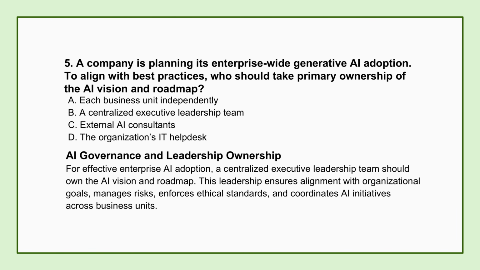The material also flags some bigger organizational challenges for Gen AI leaders, like who actually owns this stuff enterprise-wide. Yeah, that's a huge governance question. The source apparently lays out a few possibilities, maybe individual departments, maybe IT, but it leans strongly one way, very strongly, towards centralized executive leadership. Okay. And why is that seen as so critical in the source material? Well, the explanation basically says, for a successful enterprise-wide strategy, you absolutely need that strong central leadership from the top